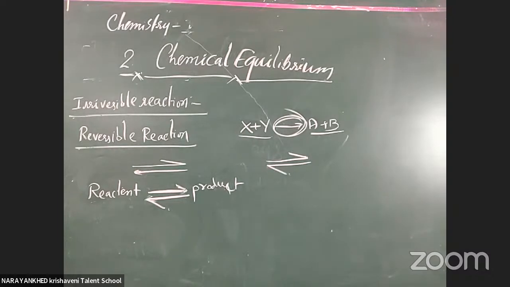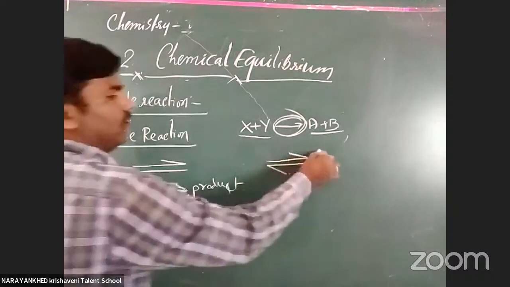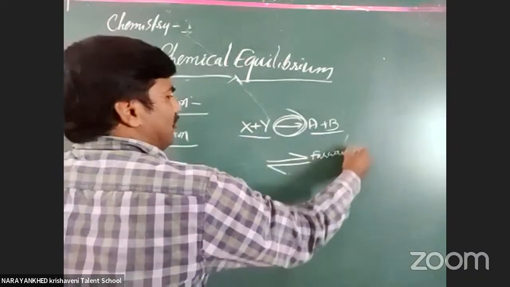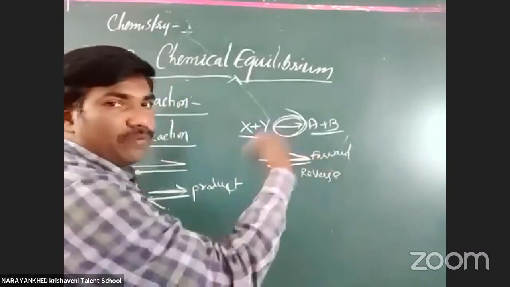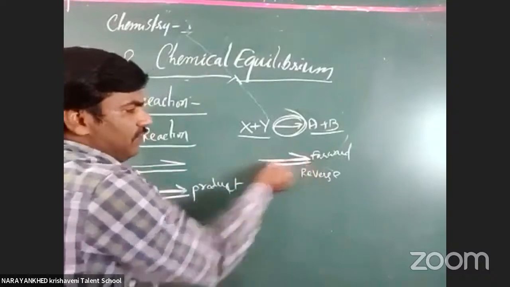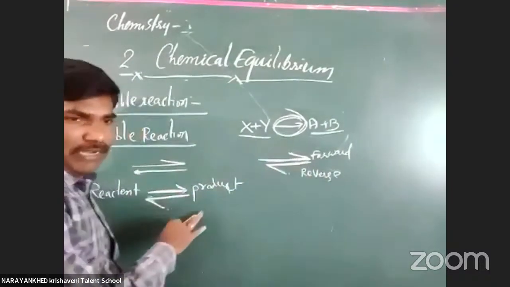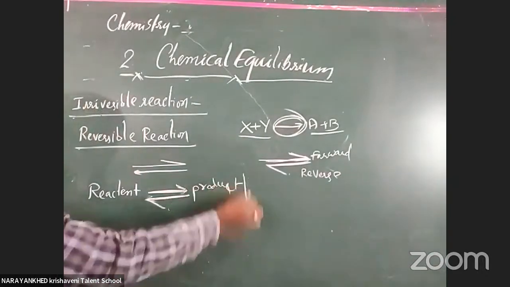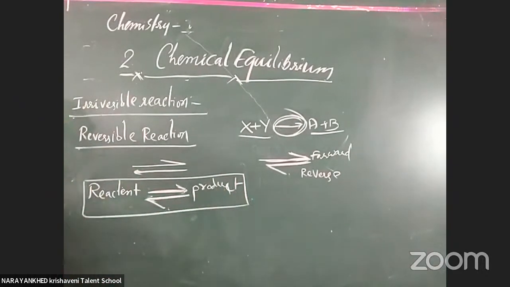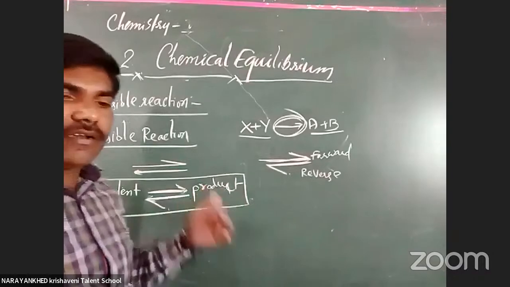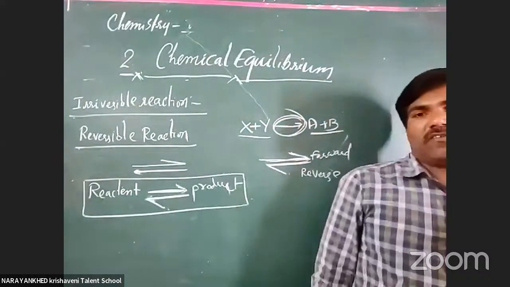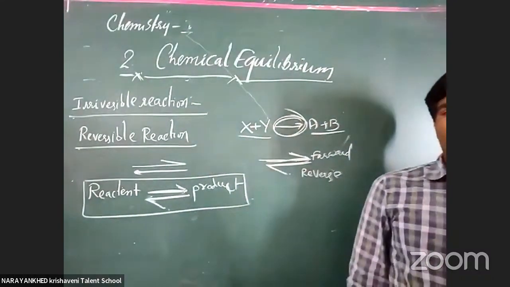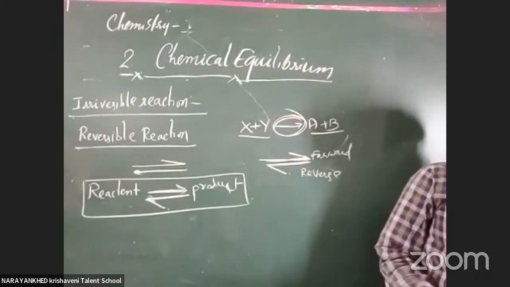There is a both-side reaction. One arrow indicates the forward reaction, and the other indicates the reverse one. When we move in the forward direction, new substances are made as products. But when we go in reverse, again the reactants are made. That type of reactions are called reversible reactions. I hope you got it. In a reversible reaction, the reactants converted into products will again give back the reactants. Understood or not, all of you? This is all about the reversible reaction.